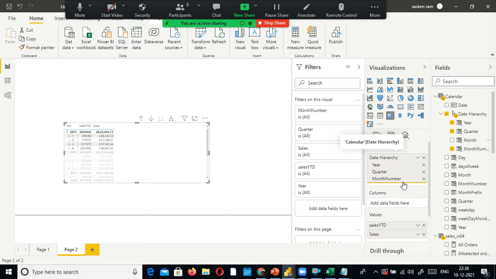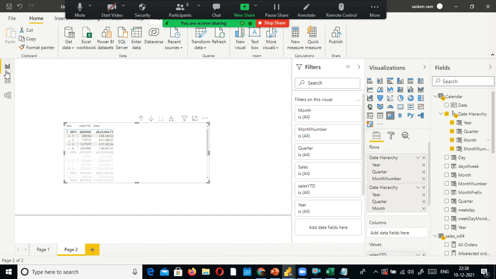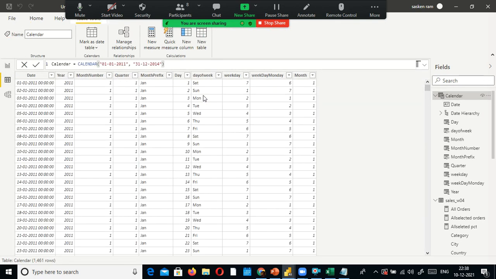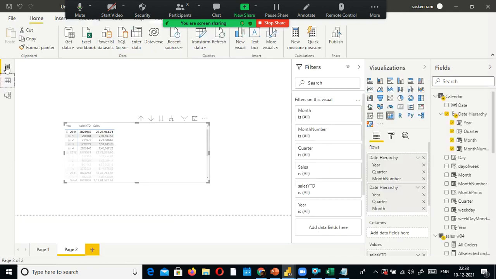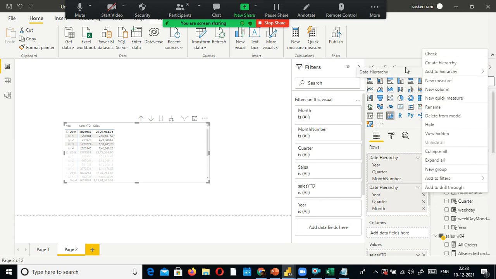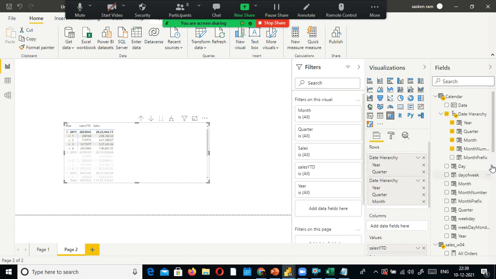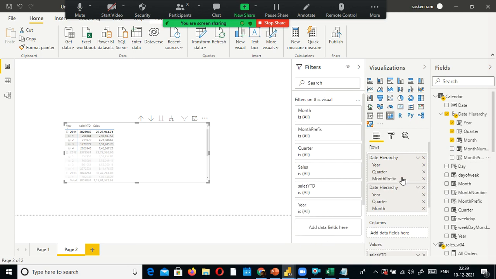Month prefix I need. One second, I just go here and see what is there in the month prefix. Month prefix only I gave it, right? So what is this? Month number. Okay, month prefix was not added. That's the problem. Instead of month number, I just put month prefix. Okay.